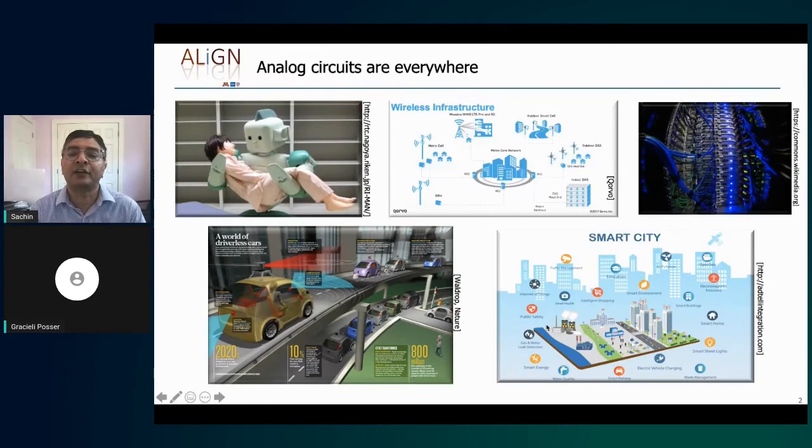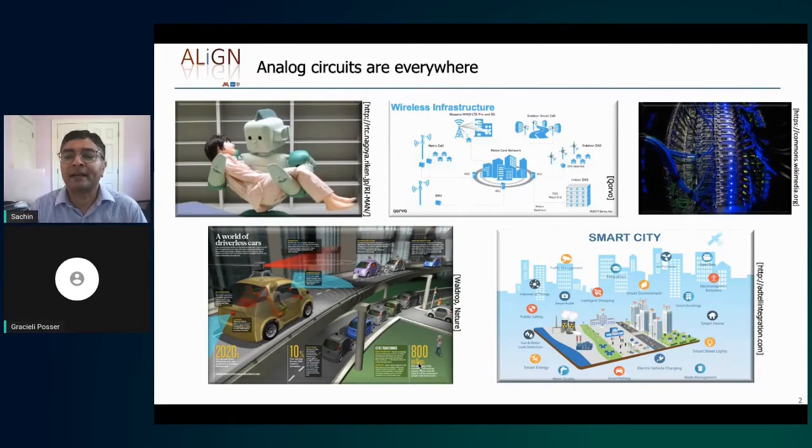In addition, there are IoT-like applications such as smart cities or smart grids, or you have autonomous vehicles that have to sense the environment. And you can see why analog is becoming much more important. Core processing is still largely done in the digital domain, but the interface with the real world is pretty strongly analog.